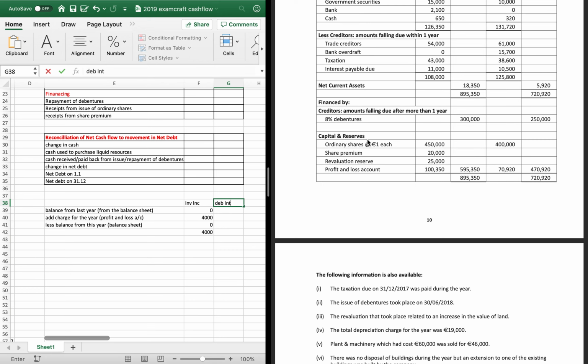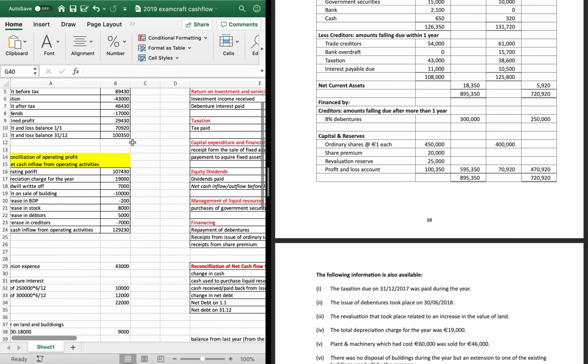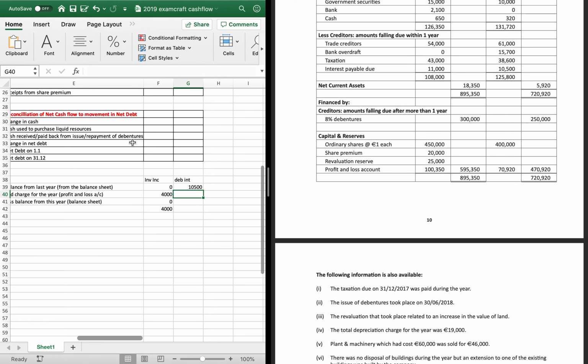So with debenture interest, you can see there is interest payable due. So you have 10.5 at the start of the year. We know that our debenture interest from part A is 22,000. So we owed 10.5 at the start of the year. We got charged another 22,000, but we only have an interest payable at the end of the year of 11,000 due still to pay. So that means we must have paid off